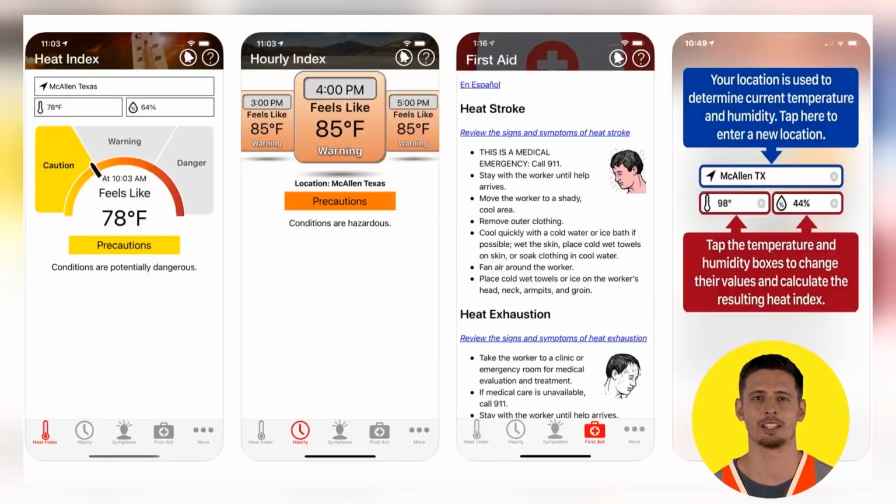To prevent heat-related illnesses, implement measures such as using OSHA's Heat Smartphone app for Apple or Android. This app allows workers and supervisors to calculate the heat index for their worksite and displays a risk level to outdoor workers. Workers and supervisors can get reminders about the protective measures that should be taken at each risk level,